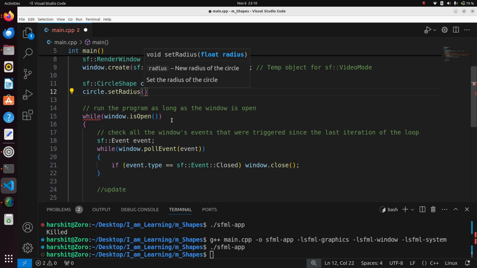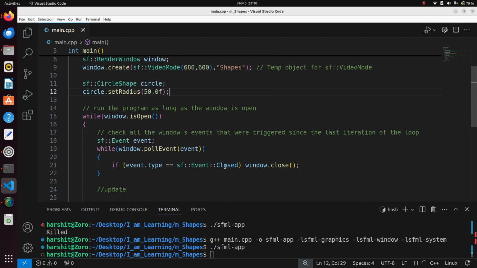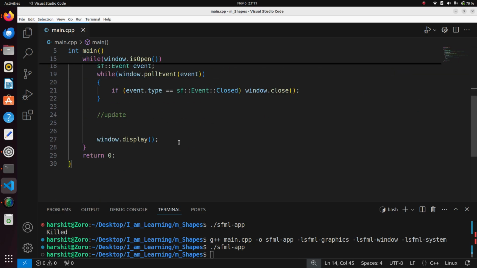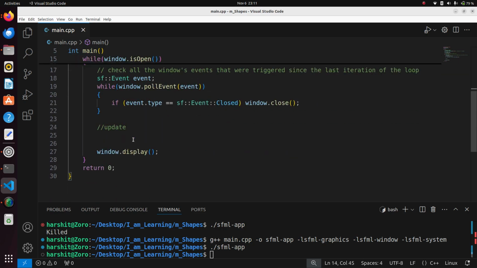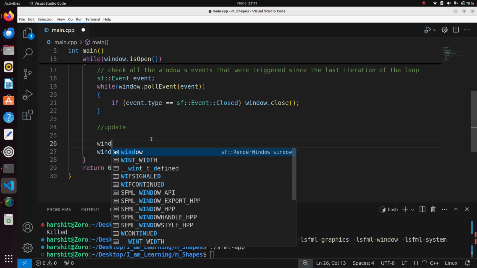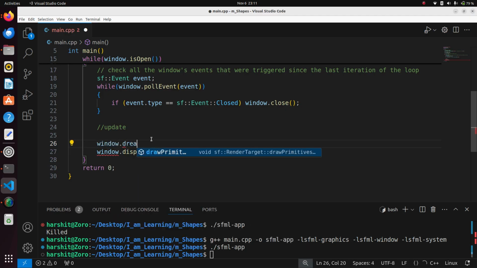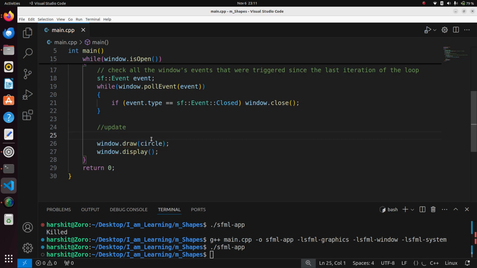Radius. So let's say I want to pass 50.0f. We are using f to tell our compiler this is a float value, not the double value. Now we have already created an object. We need a way in which we can draw it. So we are using a draw function of our window object and passing what we want to draw. We want to draw a circle that we have just created,